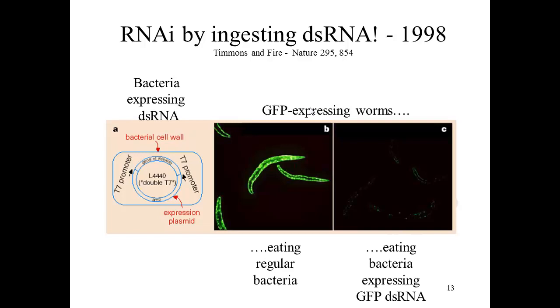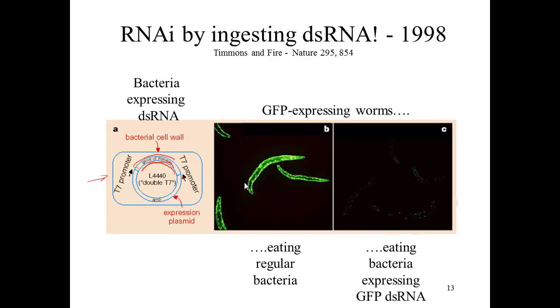And then in a further development which made this technique very simple to use, rather than having to inject the C. elegans worms, for instance, with a needle or syringe to introduce the double-stranded RNA, they constructed bacteria with special plasmids where they'd cloned a gene of interest. They put T7 promoters. T7 is a promoter which is very constitutively active, so RNA polymerase will bind. It will make RNA from this strand, and since you're doing it in both directions, it'll make RNA from this strand. So inside the cell, you're actually making the double-stranded RNAs, and